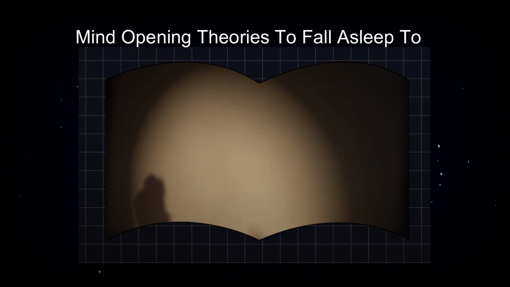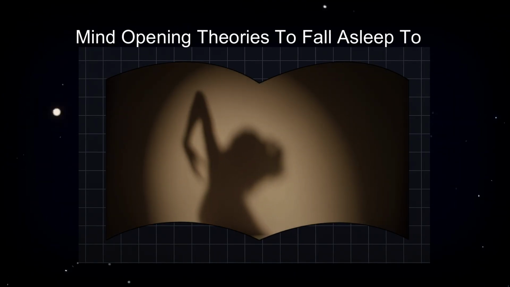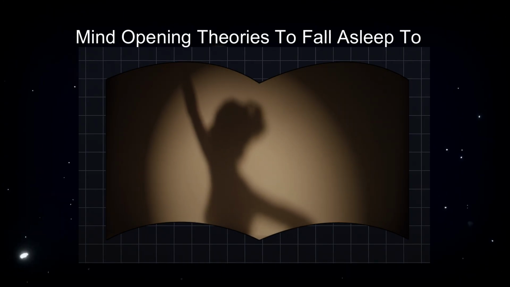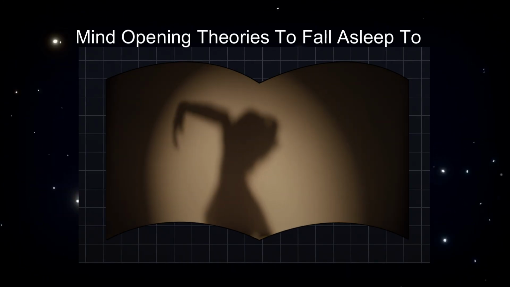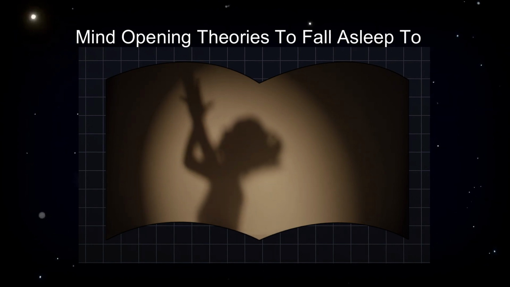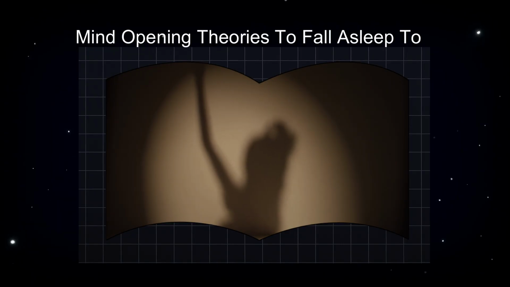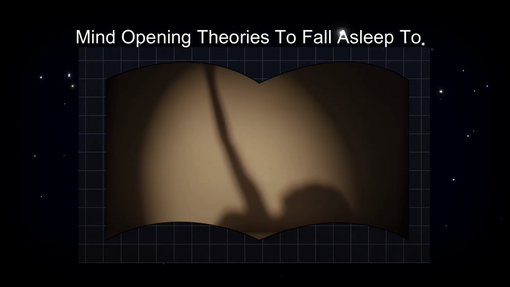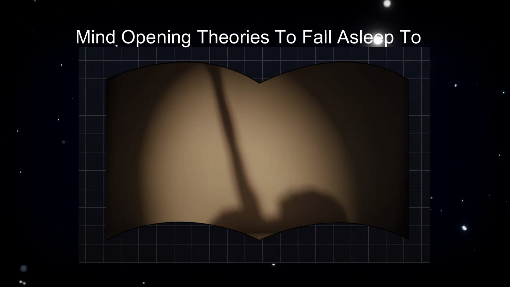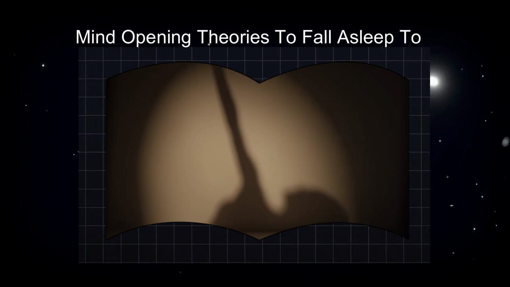Just like an image on your screen is made of pixels, the universe might be built out of tiny, indivisible chunks. These are things like the Planck length and Planck time, the smallest possible units of space and time. Zoom in far enough, and you stop seeing curves, you see blocks. In this theory, you can't divide space or time forever. There's a bottom layer, a digital grid.